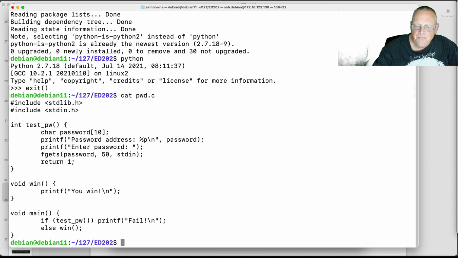So that's the program. And the point, of course, is it used fgets to read the password from standard in, and it lets you read in up to 50 characters, but it only reserved 10 characters for the password. So here we have a buffer overflow. We can inject some extra characters, and we should be able to use that to redirect to the win function. So that's what we're going to do. So you compile this thing,